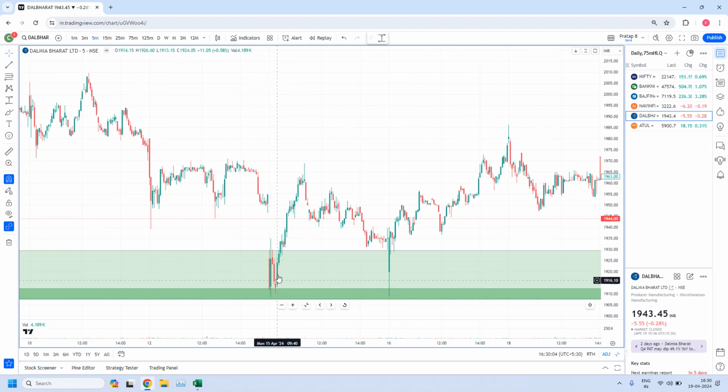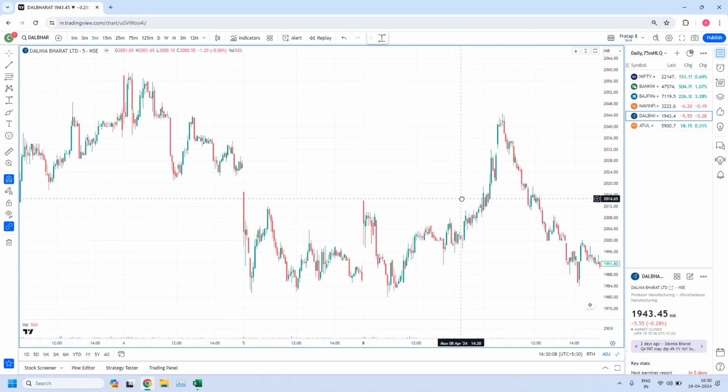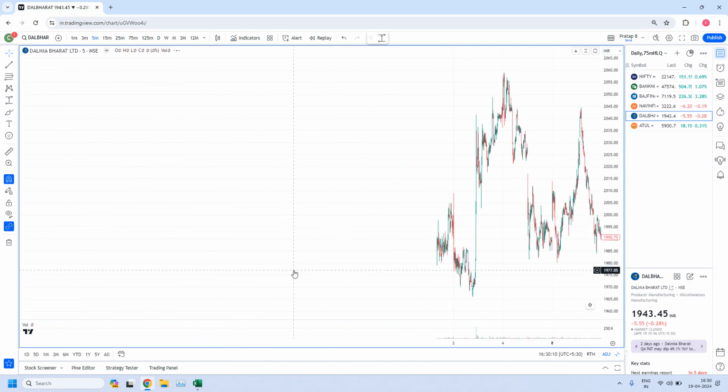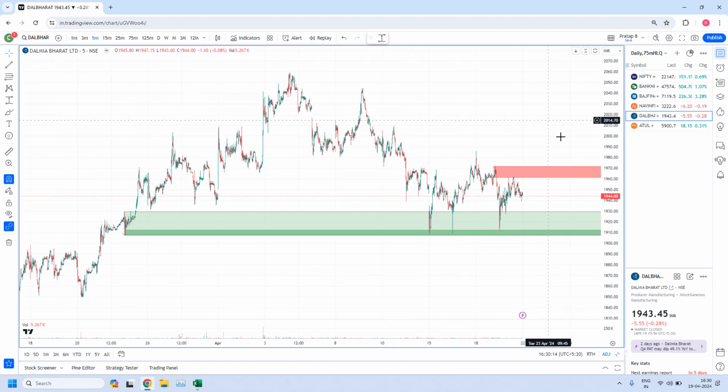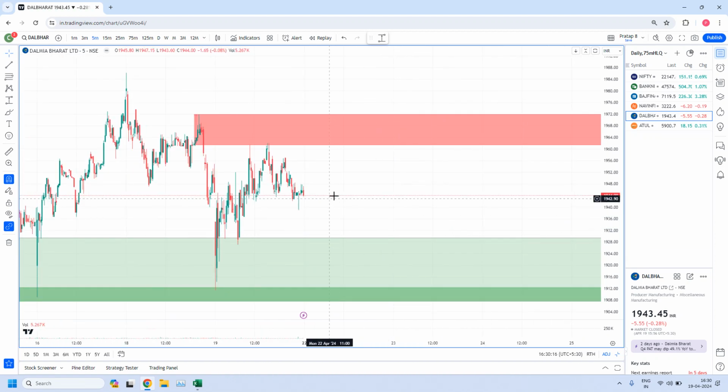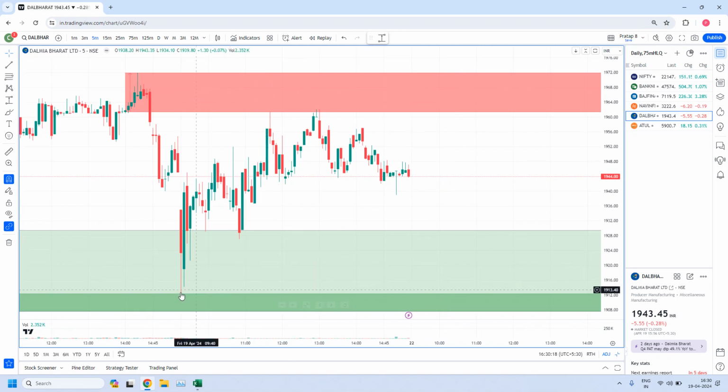Here also it came, and see how the movement is here. Previously also see the rejections. So that is the reason why there is another possibility it will work. So if you would have taken a trade here and finally reached the target,